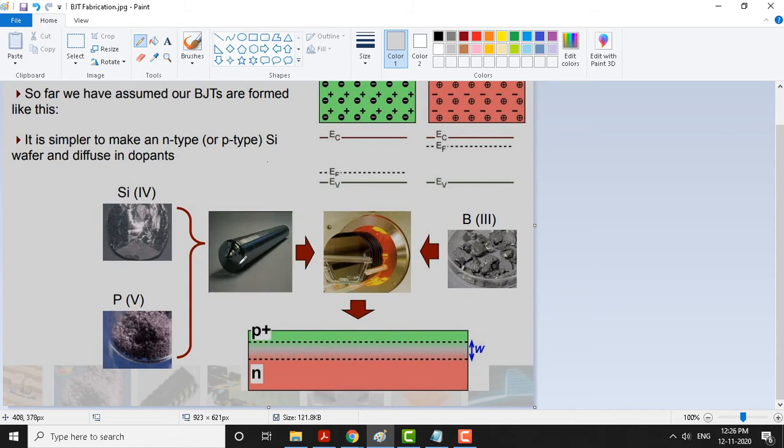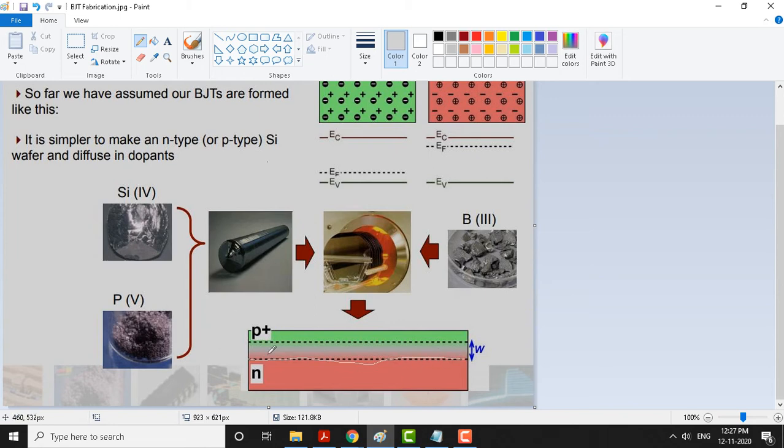Once this base material solidifies from the molten state, it looks like this, and this is what we call a silicon ingot. These are cut into slices, and you are seeing several slices here. This is how the BJTs are fabricated. This is the base material for BJT, not exactly the BJT. If you want to make a BJT, you are seeing here the wafer, which is of N type material like this. So, this is the foundation to make a BJT.